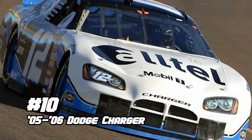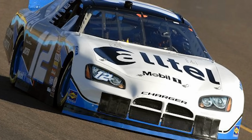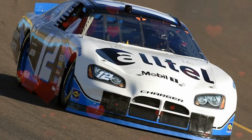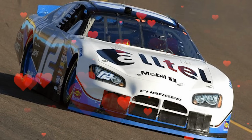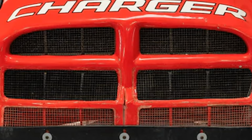Number 10, the 2005 through 2006 Dodge Charger. Okay, this one might be a bit controversial and people then and now are pretty split on it, but I gotta say, I love this thing. Let's start with the elephant in the room, the nose. Dodges at the time always had this rectangular grille opening with a cross in the center, and when Dodge switched from the Intrepid to the new Charger, they made the new snout very pronounced. It looked a little goofy, but it stuck out from the crowd, and its geometry made it wicked fast in